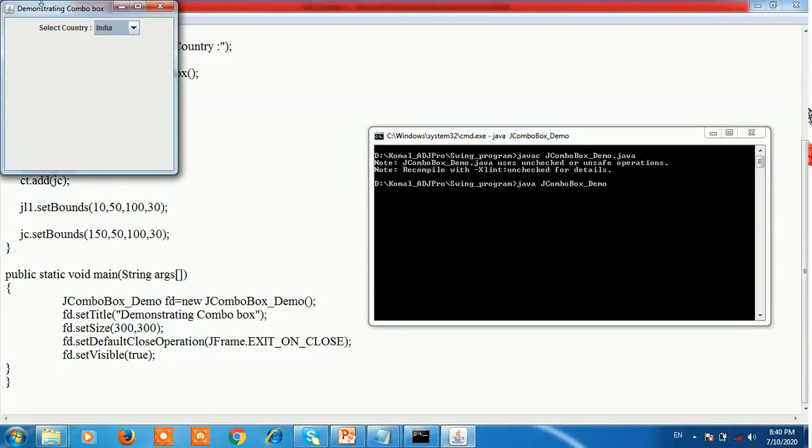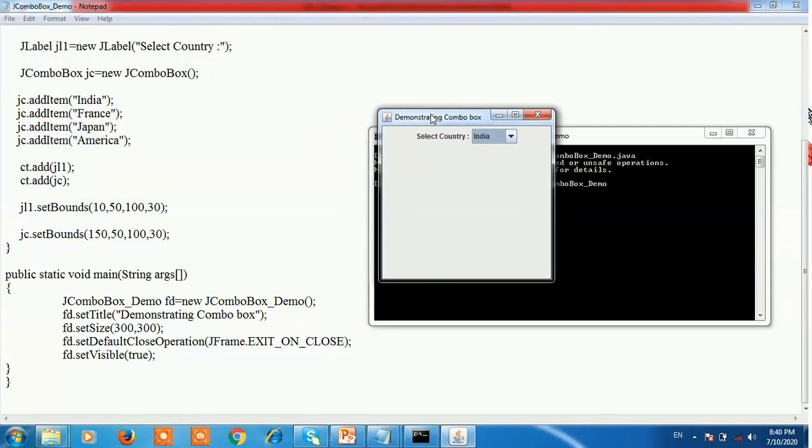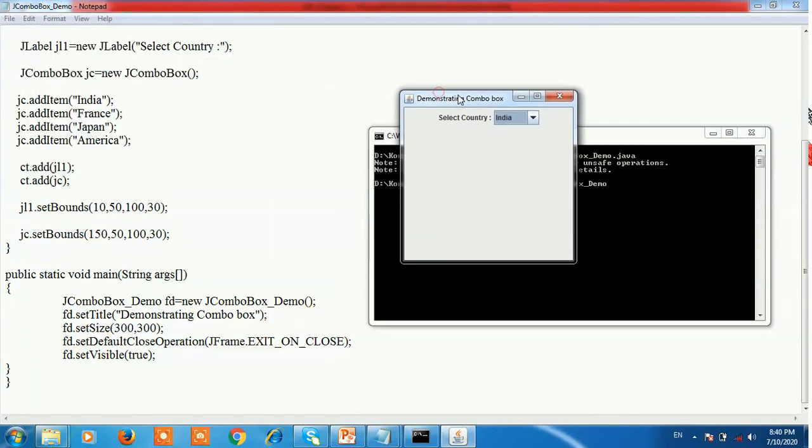See here, this is the output of our program. Select Country is nothing but the label, and this is a combo box having four items: India, France, Japan, America.